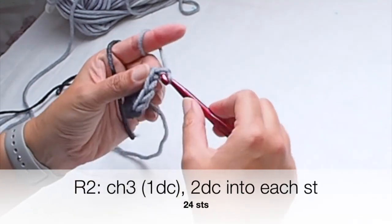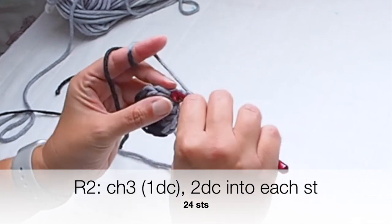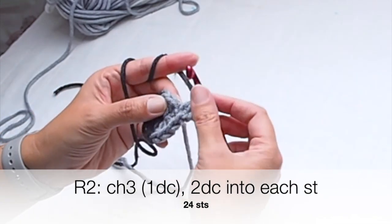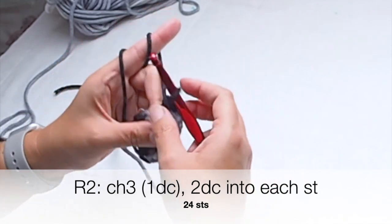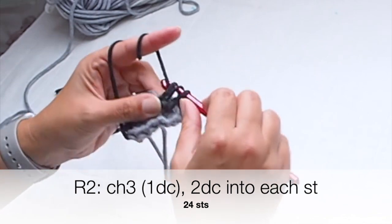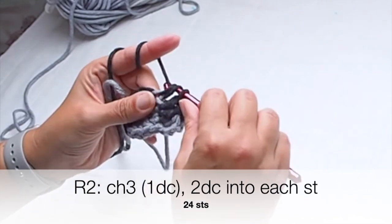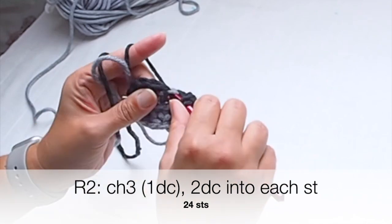The second row I will start chaining 3 and then one more double crochet into the same stitch, and then into each stitch from the previous row I will place 2 double crochet. Okay, one more into the same stitch. Wonderful. Into the next stitch again 2 double crochet, so 1 and 2 into the same stitch,